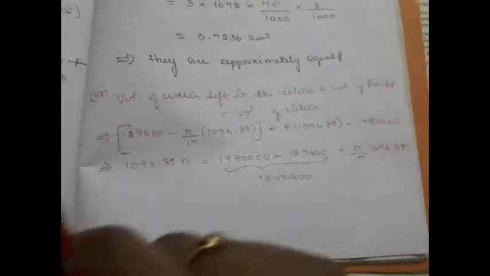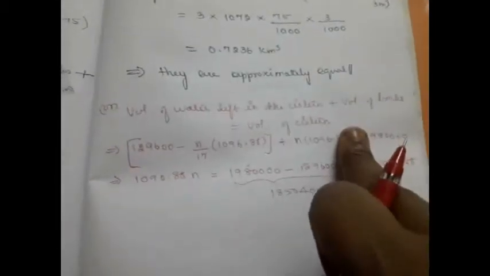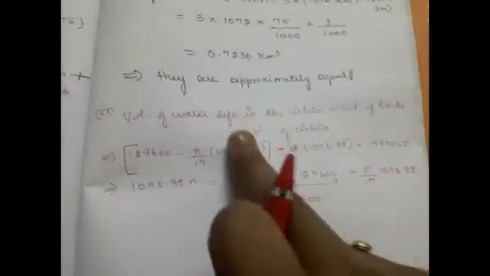Right? Or else the same concept can be viewed in the other way. I'll explain that also. Whichever you understand, you can take that. The other way you can see or understand the question is this way: volume of water left in the cistern plus volume of bricks should be equal to the volume of the entire cistern. What does it mean? The volume of the cistern should be occupied by some